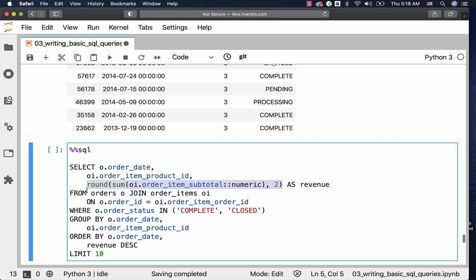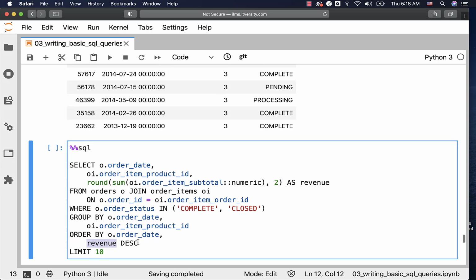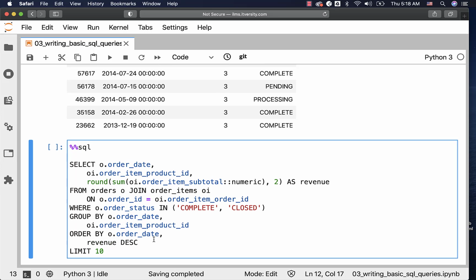Now if you want to sort the data in ascending order by date and then descending order by revenue, you can use this alias as part of the ORDER BY like this, and you should be able to leverage that to sort the data in the desired fashion. In this case, this will take care of sorting the data in ascending order by date. Date comes from orders, and then descending order by revenue.